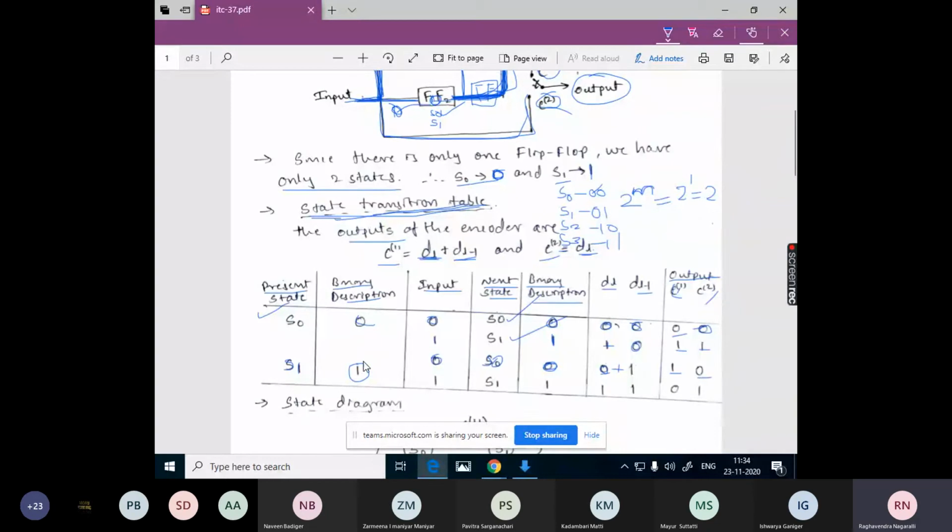So now for the same state, if 1 is the input, then what happens? Previously, in the present state, we have 1. And the new input that comes is also 1.